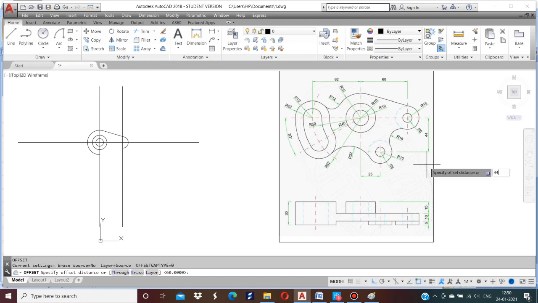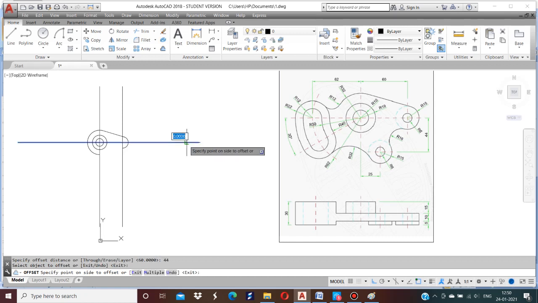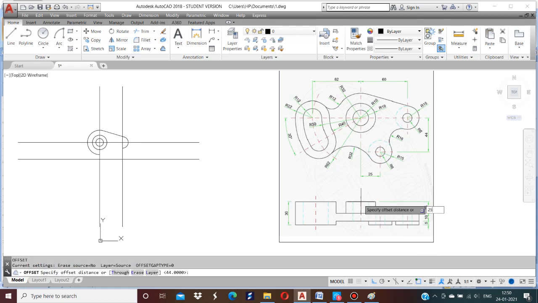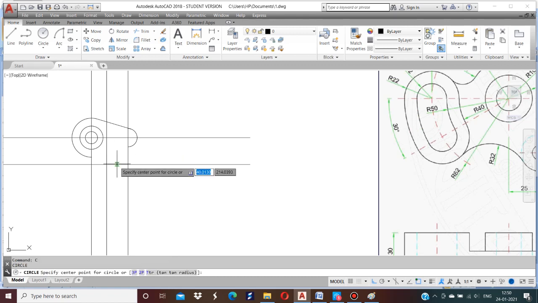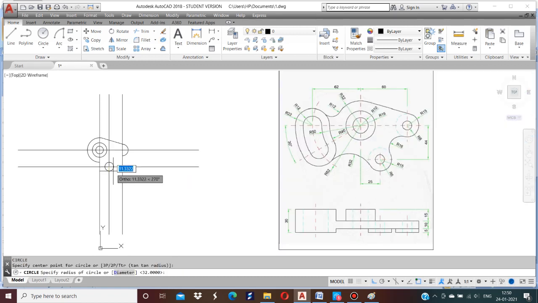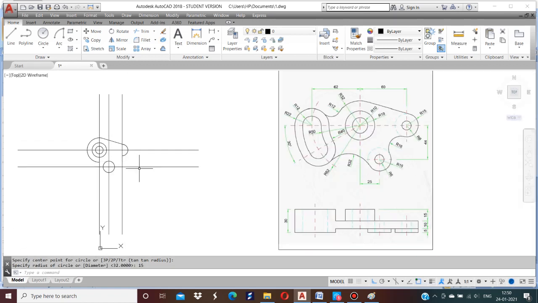Okay, offset 44. Horizontal distance is 25. So offset 25. Okay. Circle at the intersection point, R15.